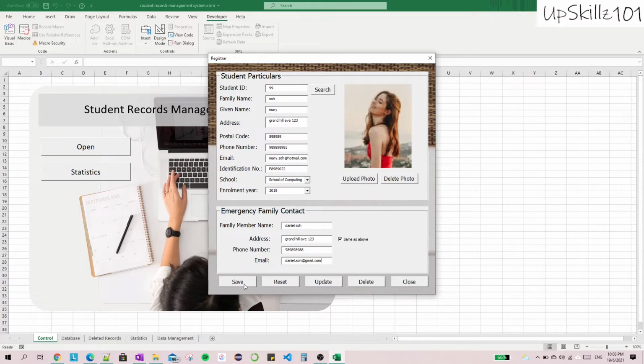So when I click save, okay, so the student ID already exists. So this is also an existing verification that prevents you from saving a record with a student ID that already exists on the sheet. So let me just change it to something else. How about 999? Okay, save. Alright, so record successfully saved. I click OK. And